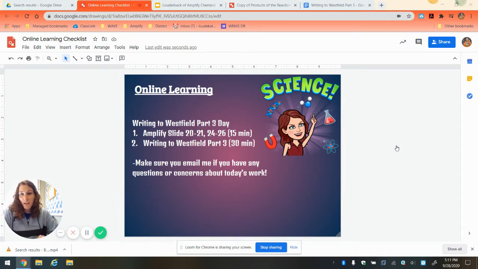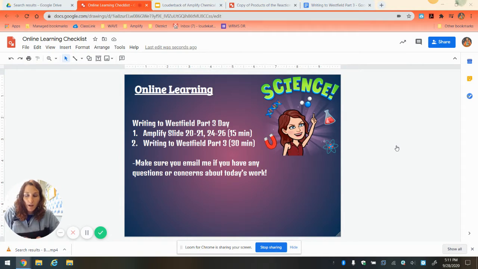What I'm going to do today is go over the learning checklist and explain the Writing to Westfield Part 3. This is your last paragraph that you're going to have to write. And so we'll go over that with the Amplify slides 20 through 21, then 24 through 26. And then we'll take the information we gathered from those slides to write our third and